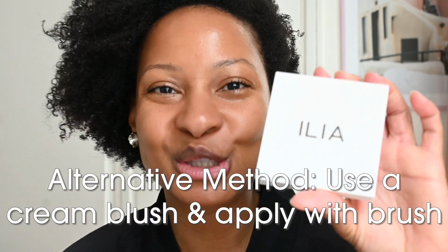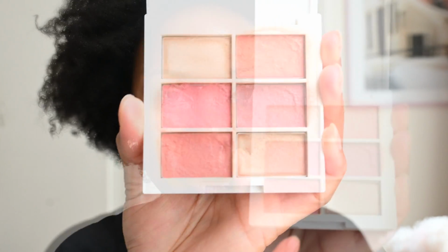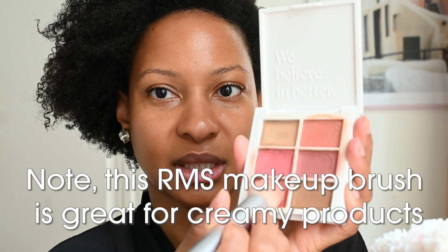I cannot do that. My skin does not like when I take the same stuff that's been on my lips and put it on my cheeks. My cheeks go crazy. They break out. Weird things happen. As a result, I'm gonna use my Ilia blush palette. The reason I like this palette is because everything in it is just super creamy. So what I do is really easy. I just do one side here in this color, and then I